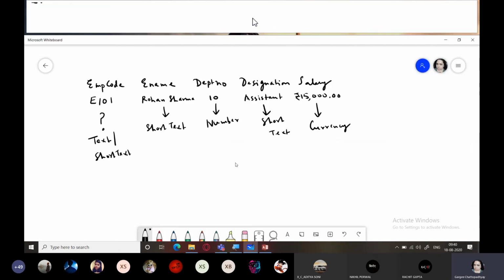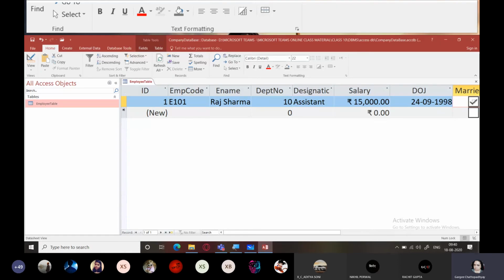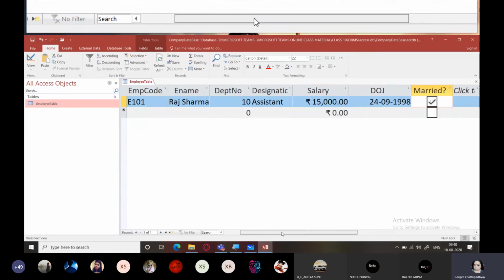The date format is by default DD MM YYYY. Understood? The first 2 are for date, second 2 for month, and last 4 for the year. So 24th September 1998. The idea is to select any date and then make changes.